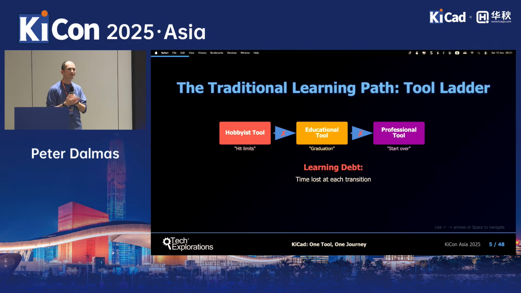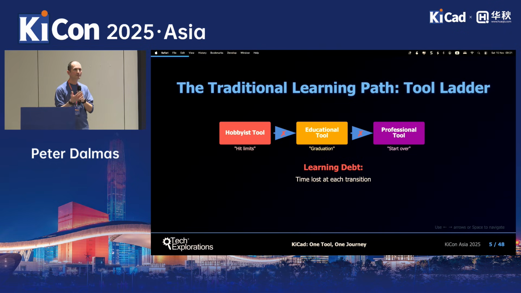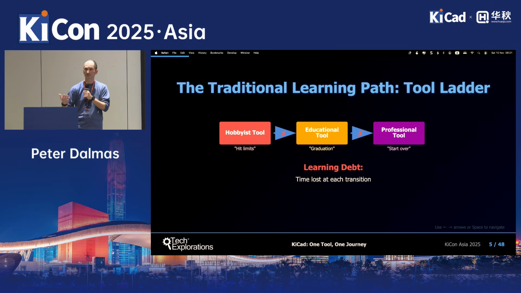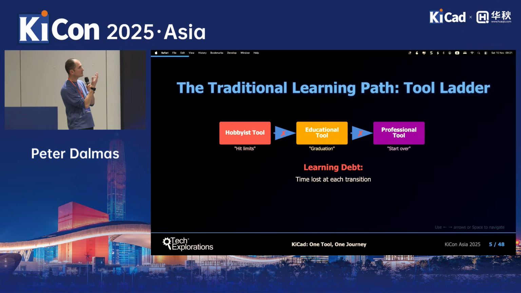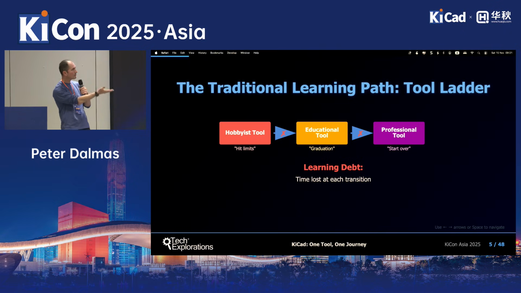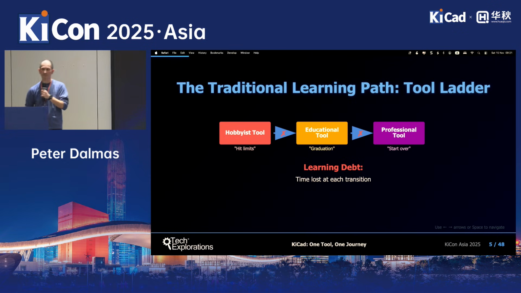University tends to have deals with software vendors for one tool or the other. So you leave whatever you learned up to that point alone, and then you start using whatever the university offers you. And then you graduate, you get a job, and your company tends to have their own tool or their own solution. So maybe if you're lucky enough, that's going to be the same one as what you learned at university, or again, you have to start over, relearn something new.